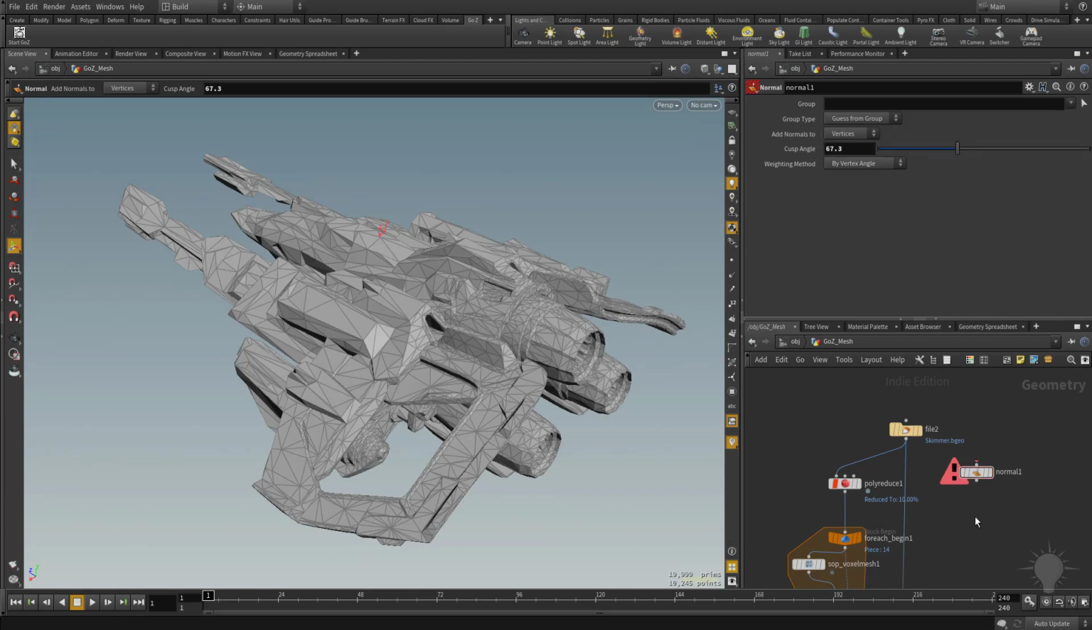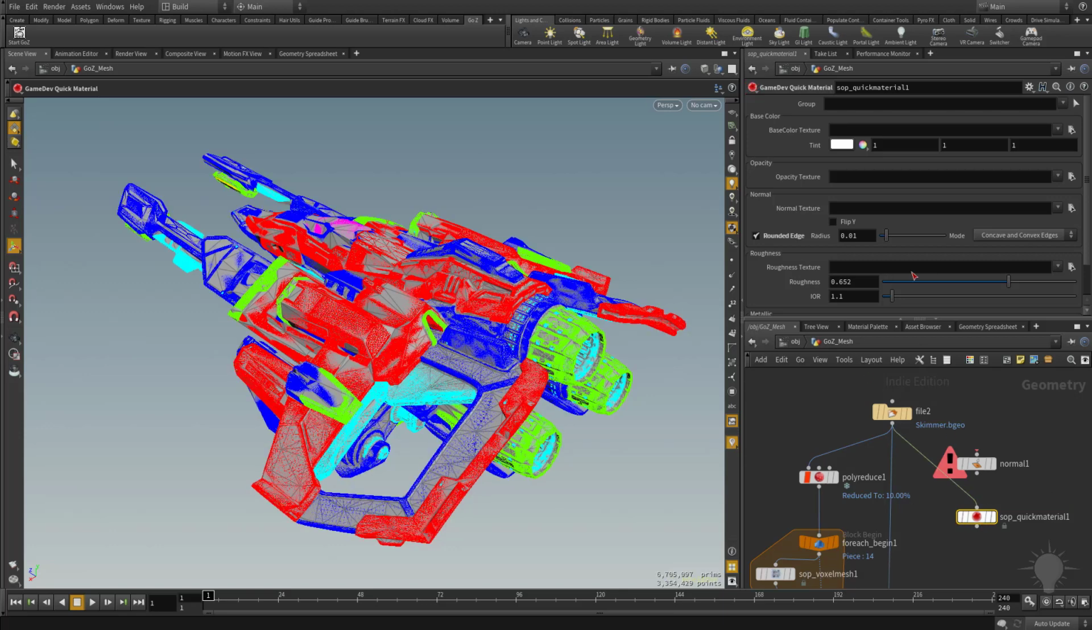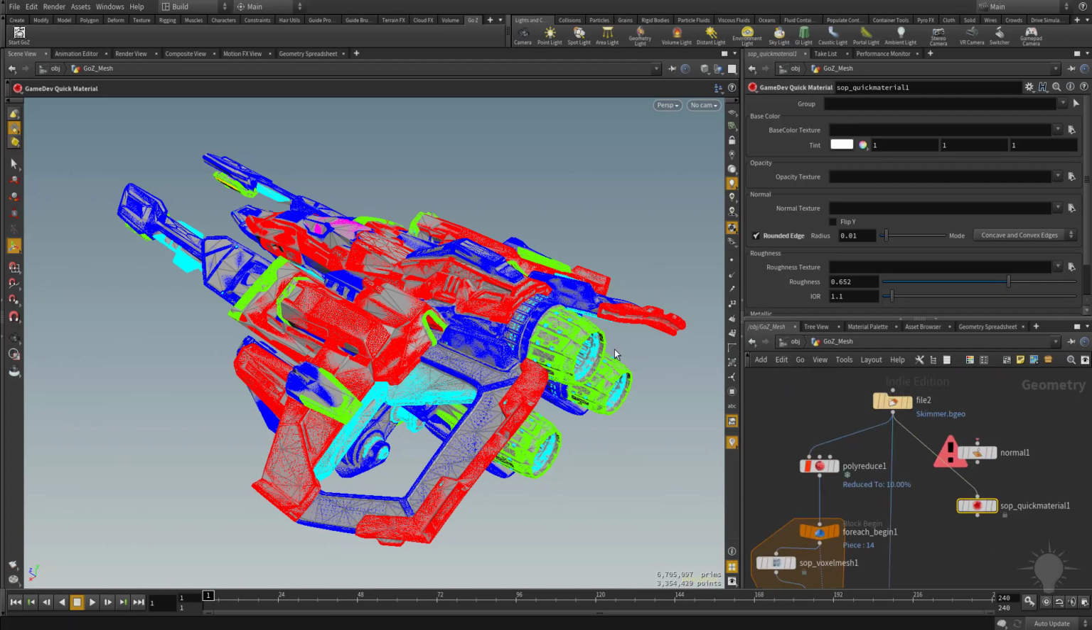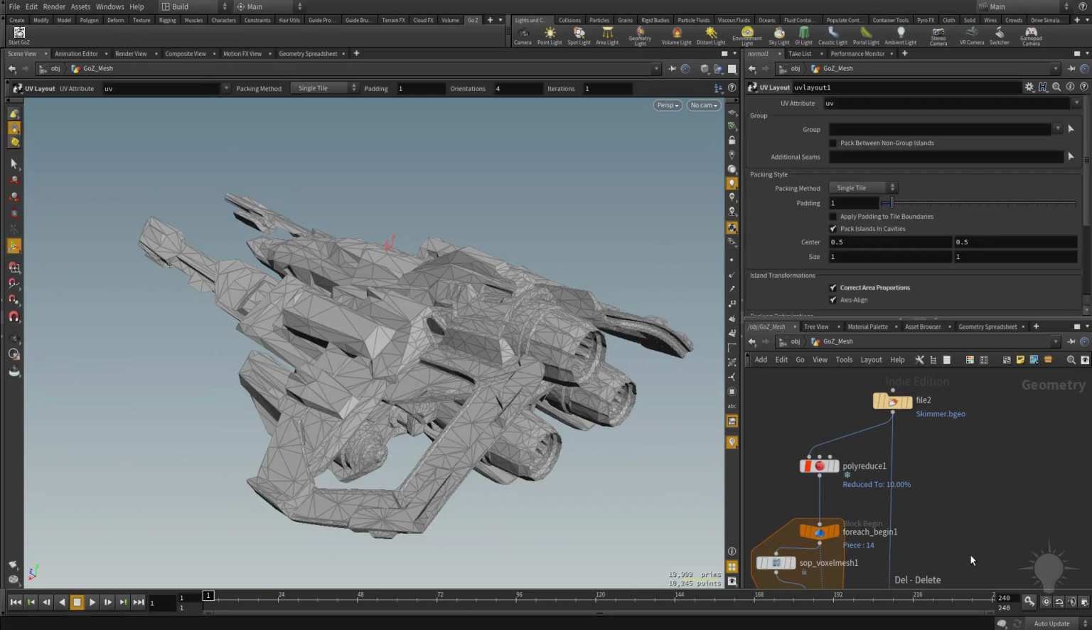You can also put in a game dev quick material like we went over before, and you can do rounded edges. So if you have any really sharp Boolean hard surface geometry, you can use this rounded edges functionality to plug your high-res into this, set that angle, or set that radius, and then pass that result down. The way this geometry was created, I don't think I'm really going to need any of that functionality. I just wanted to bring it up just in case you did,